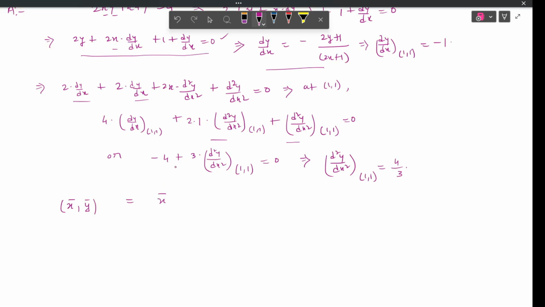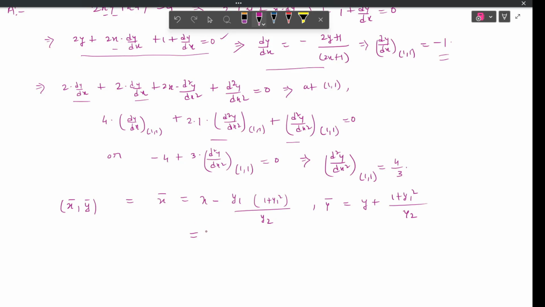So what is the formula of x bar? This is x minus y1 into (1 plus y1 square) by y2, and y bar is y plus (1 plus y1 square) by y2. If you put 1 in place of x, and y1 is minus 1, y2 is 4 by 3,